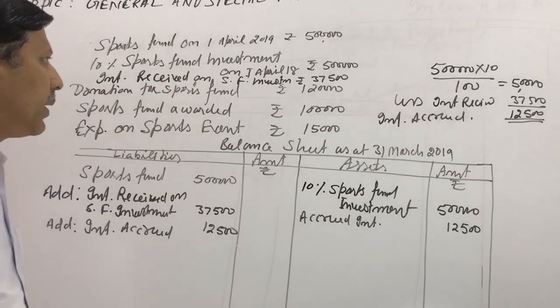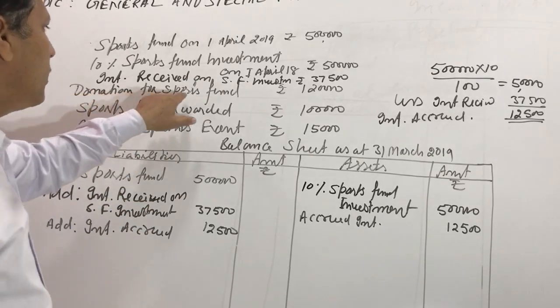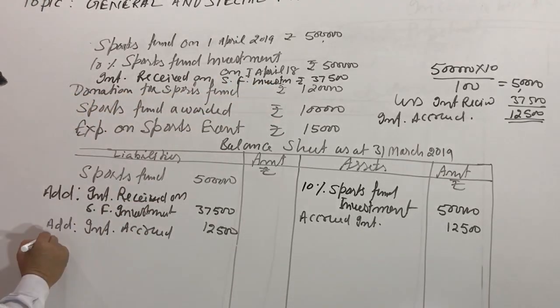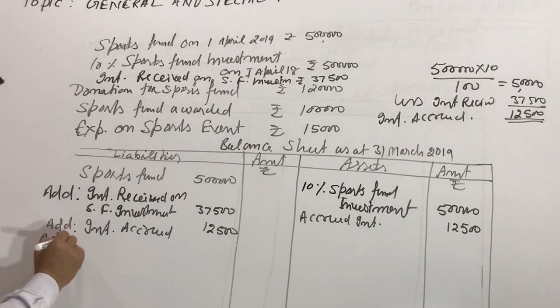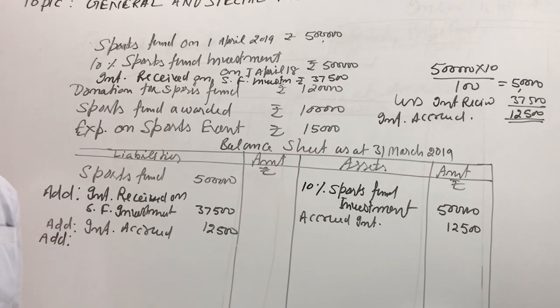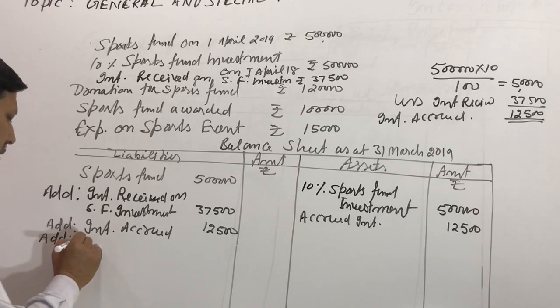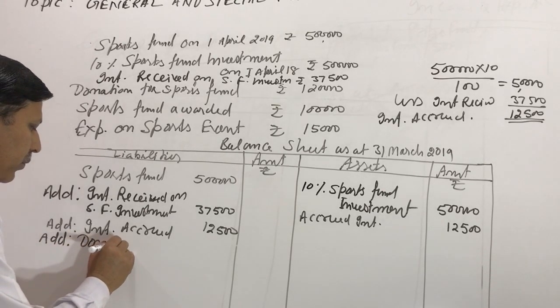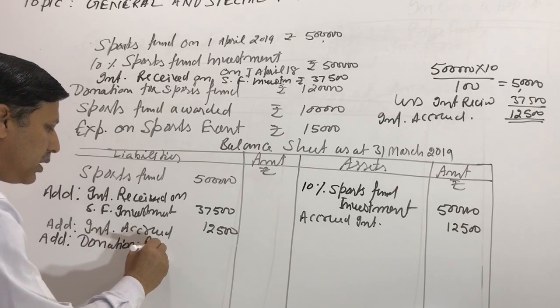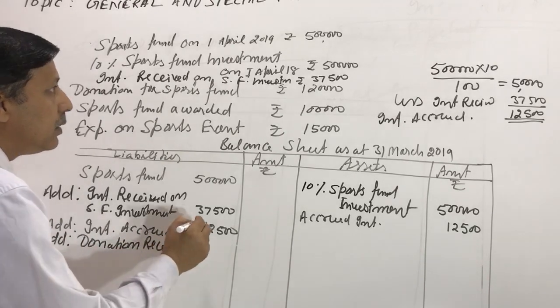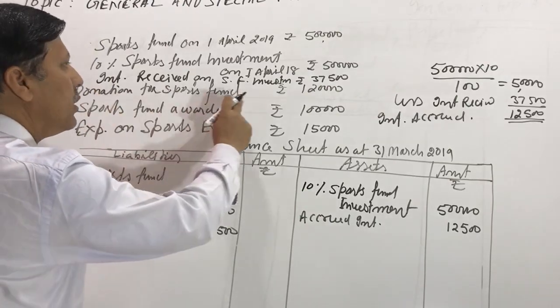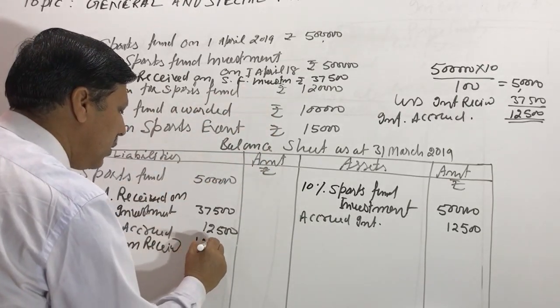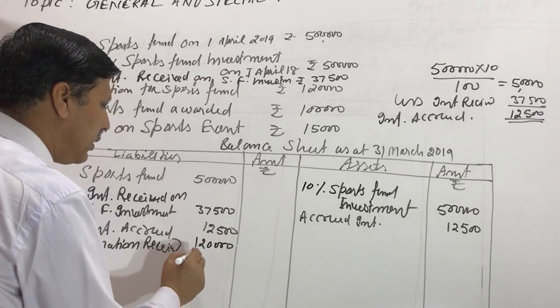Now we take the next item, donation for sports fund. Add it, increase the fund. Special fund will be increased when we receive the donation. Anybody can give a donation for a specific purpose fund, that is special fund. And here donation received, that is donation received 1,20,000. The total is